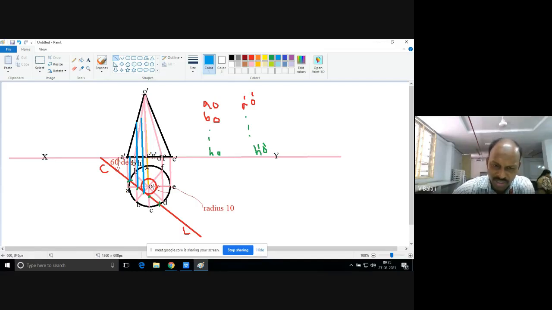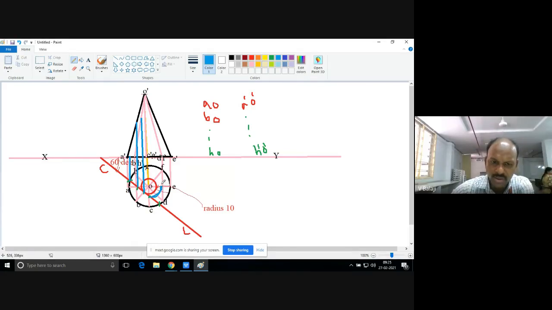Now coming to CO and C dash O dash, both are in line with each other, right? How to find out? I have explained in the last class, right? There is a procedure. What I need to take? O as center, this cutting point as radius. I need to draw one circular arc onto the next close generator. So I have taken this O as center and the cutting point as radius. I have drawn one circular arc like this.